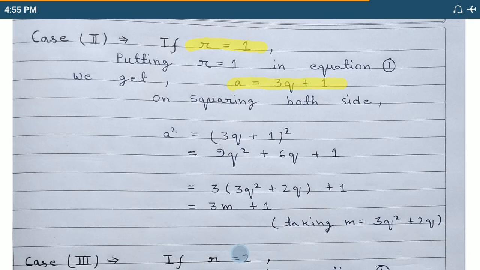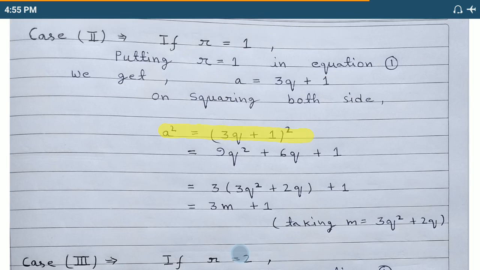Again the same thing, on squaring both sides, it means a square is equal to 3q plus 1 whole square. Now this is the identity that we have to use: a plus b whole square, that is a square plus 2ab plus b square. So we are going to use it directly,